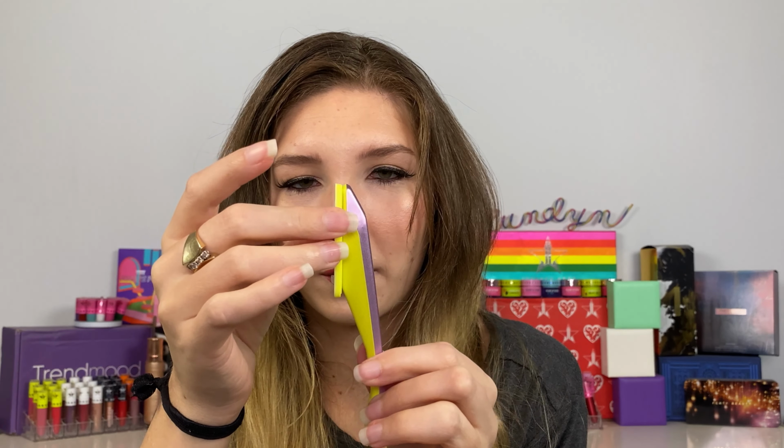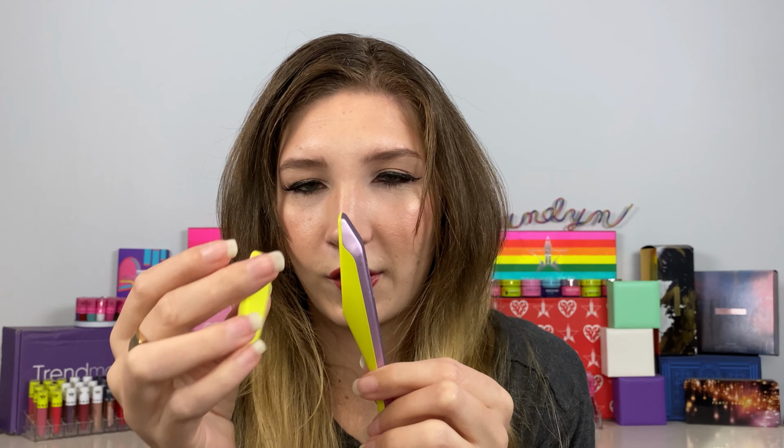For how heavy this is, it probably is the magnet, but I'll have to update you guys to let you know if I can stick this to my bathroom wall and it'll actually hold the razor, because that's pretty bomb. I've dropped the razor too many times and it scares me every single time because I have a fear that I'm gonna drop the razor and it's just gonna start cutting up my feet. So I'll definitely give you guys an update on these, see how I like them. I use just regular Venus razor blades. Also, I am excited to use a new razor